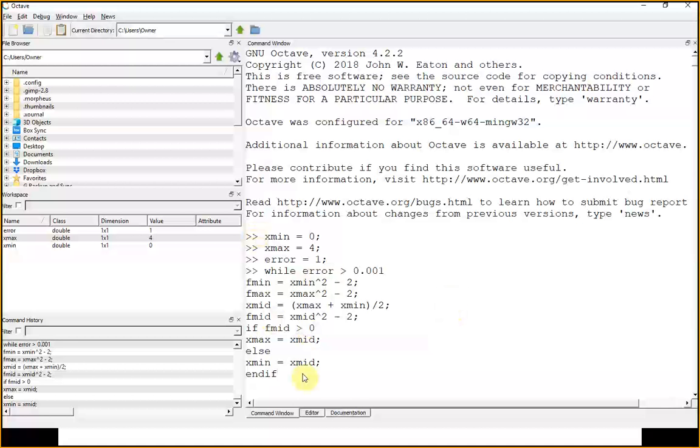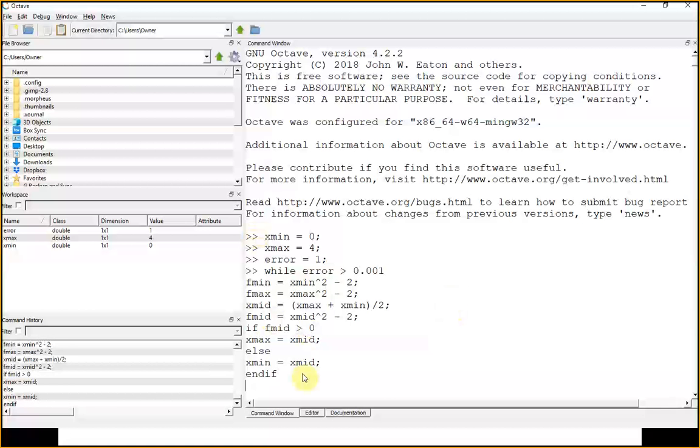Okay? So end if. After I end if, I'm going to say error equals absolute